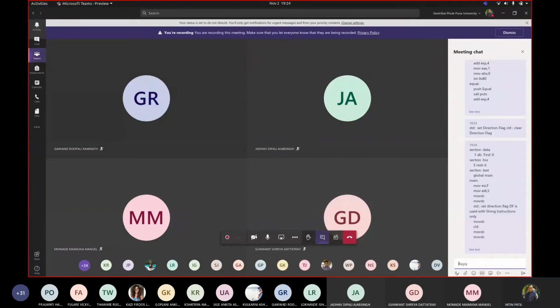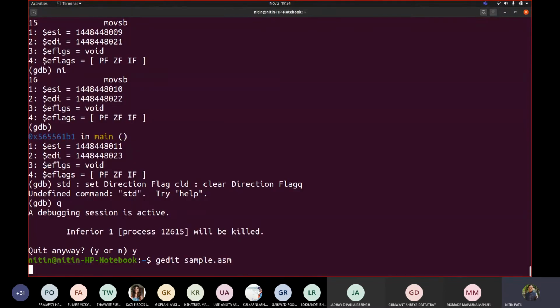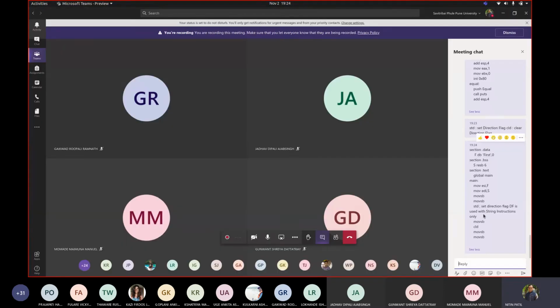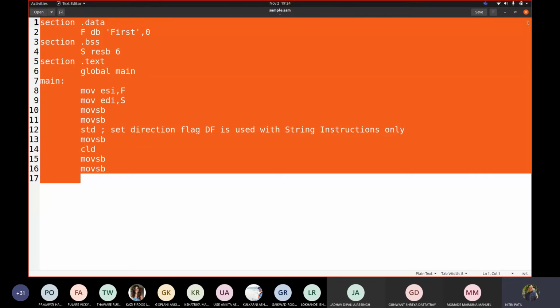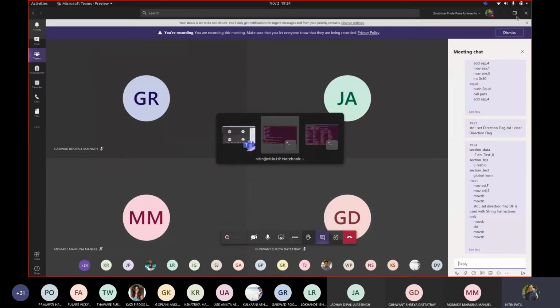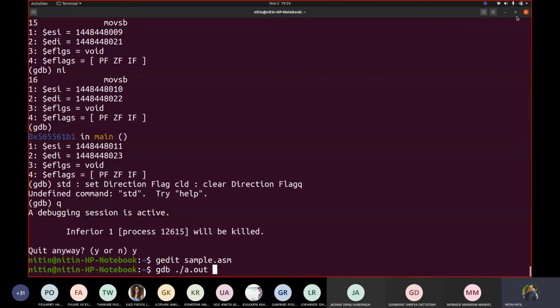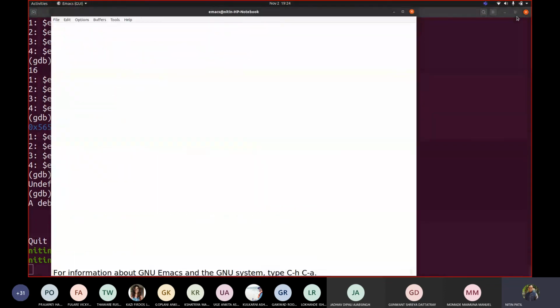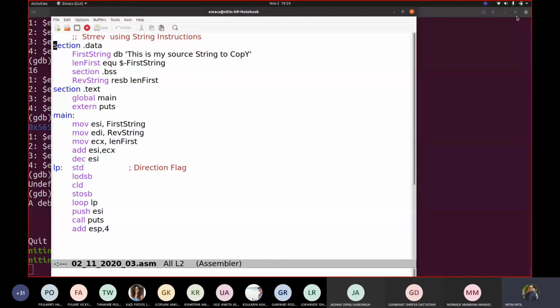Fine. Okay, now we wanted to write the code where we want the reverse string to be copied. Now how can we achieve that goal using this particular direction flag aspect? I was talking about the load instruction and store instruction. So let us go back to our code. This was the code. Correct. I wrote LODSB. So I set the direction flag. So what should happen? Some data should be copied.